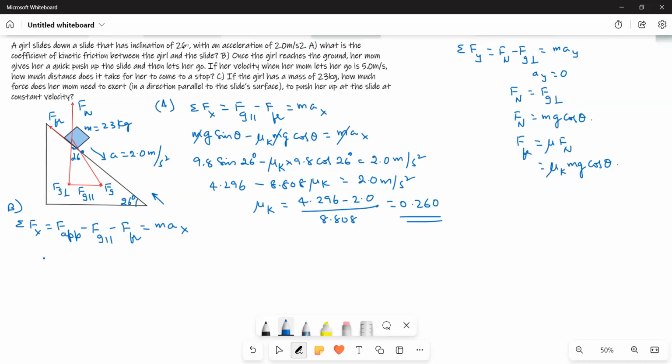So for that, what we do is negative Fg parallel is negative mg sine theta, negative mu k mg cos theta is equal to max. Okay. Now